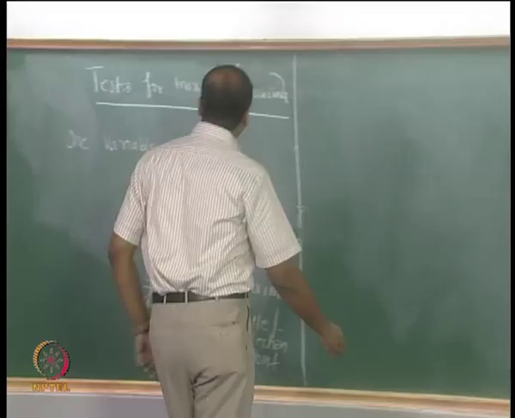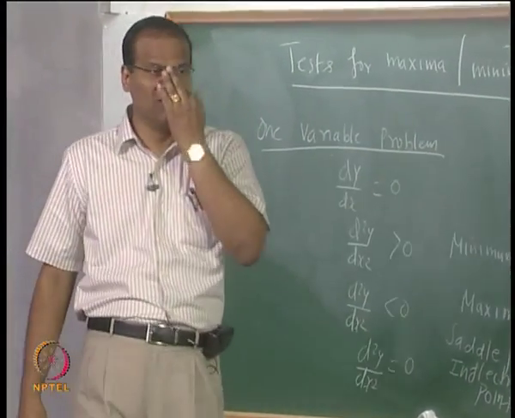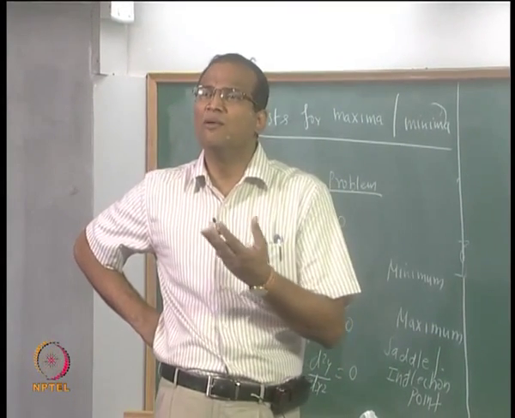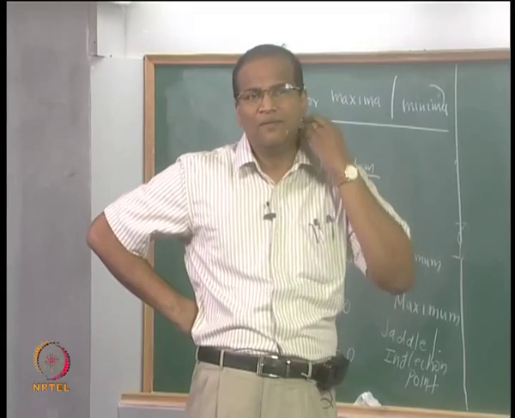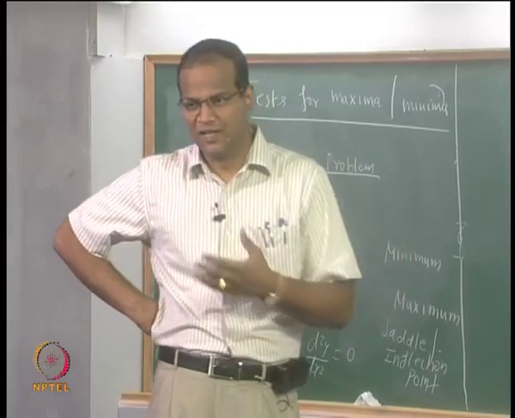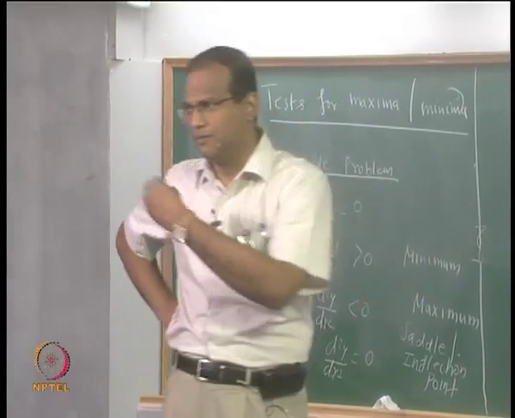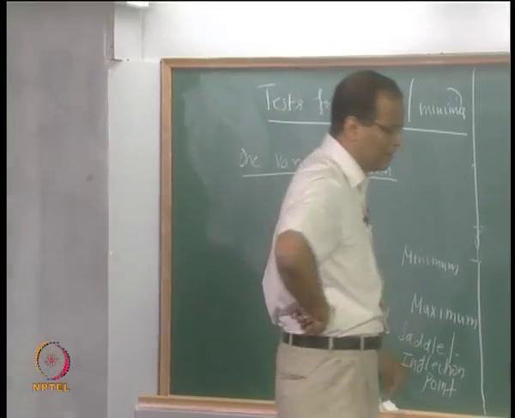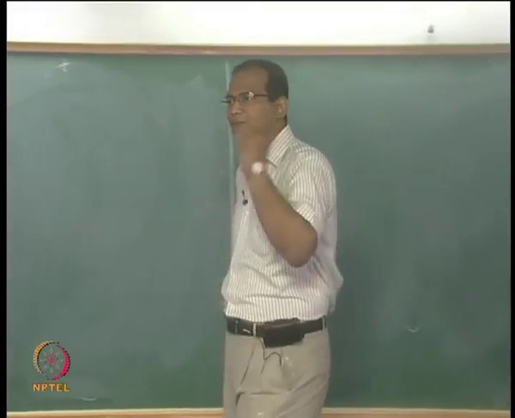Now what about the test for maximum or minimum when more than one variable is encountered, which is invariably the case in optimization, because one variable problem is simple high school stuff. We cannot reduce all the problems to one variable problem. Yesterday we burnt our fingers with an example, a simple parabola problem where reducing it to one variable problem we did not get the solution. Therefore oftentimes we encounter a multivariable problem, and it should be possible for us to come out with a test to determine the maxima or minima.